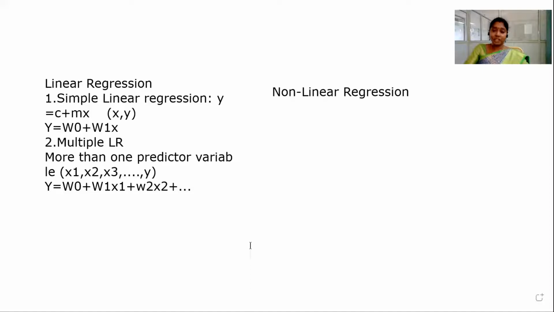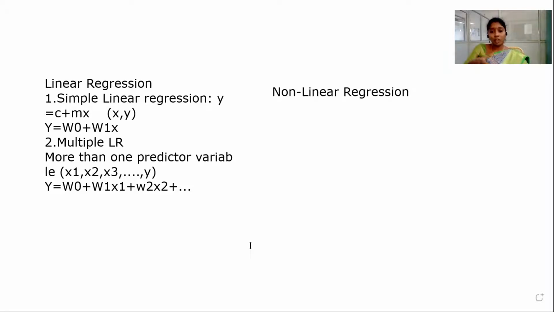So if such data is there, we have to model that data also for making the future prediction. Our task is to make the future prediction, to identify a particular number based on the existing values. So irrespective of the linearity of the data, if the data is not linear also, in such a case also, we should be in a position to predict the required value. So in such a case, we need to go for the non-linear regression.